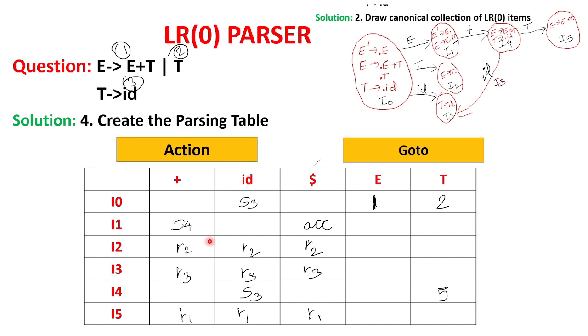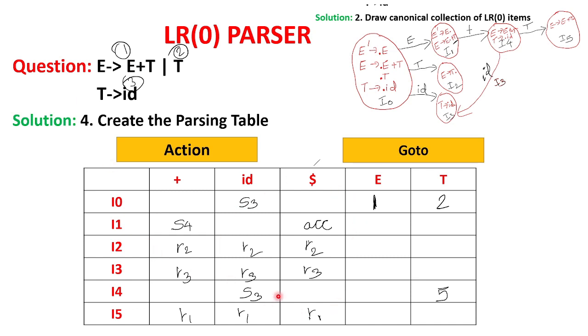So how can we tell whether the given grammar is LR0 or not? Check each cell. In each cell only one entry should be there. If there are more than one entries in any cell, then it is not considered an LR0 grammar. Now the cells which are empty are called what? Error cells. They are having the errors, so we call them parsing errors. So we don't have to look at those empty cells. See the cells which are filled up. If there is more than one entry in any of the filled up cells, then we call it a non-LR0 grammar. The given grammar is not LR0.